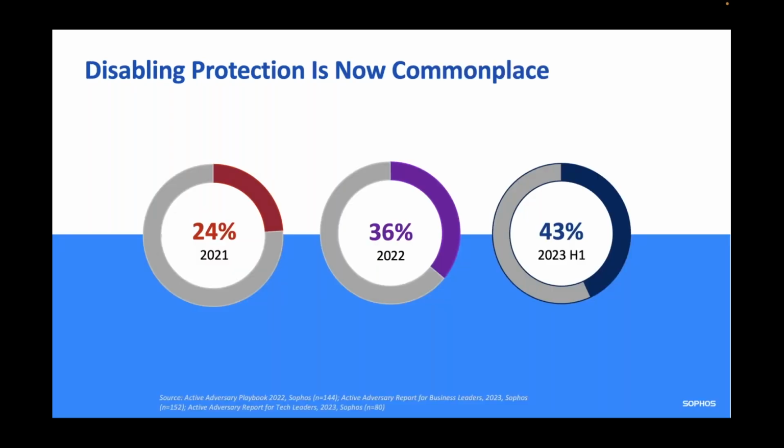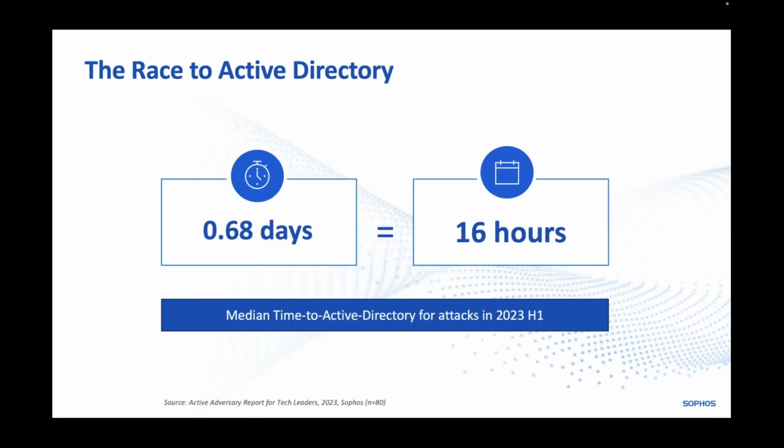We're also seeing protection being disabled. Again, this is gaining popularity as protection measures get better. On the one hand, if we can shut those protection measures down or find ways around them, such as unprotected devices, that is increasingly popular. And obviously we've seen that technique of remote encryption, where using a non-protected device is a really good bridgehead for the cyber criminals to then move around the rest of the estate.